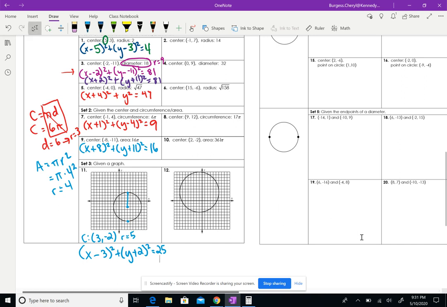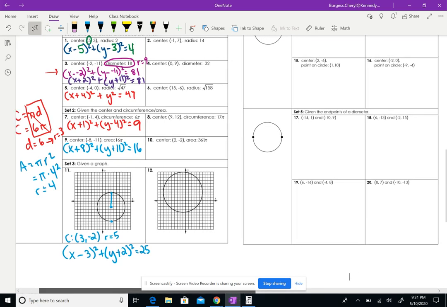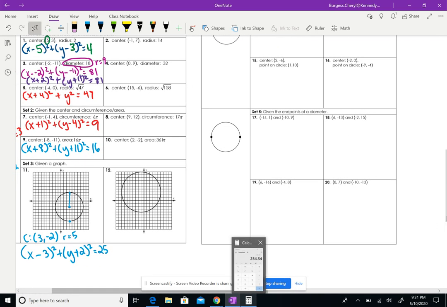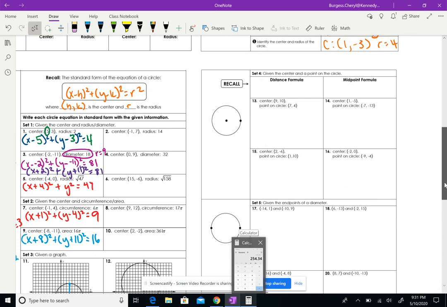All right, you guys can do 12 on your own. These are a lot of notes. Sorry, guys, it's a long one. Okay,